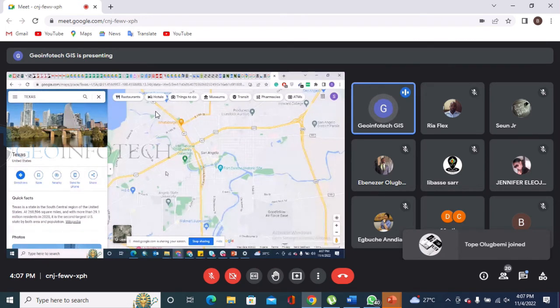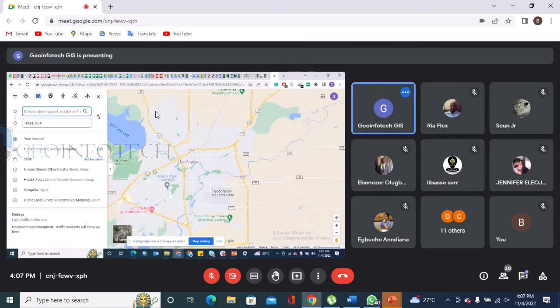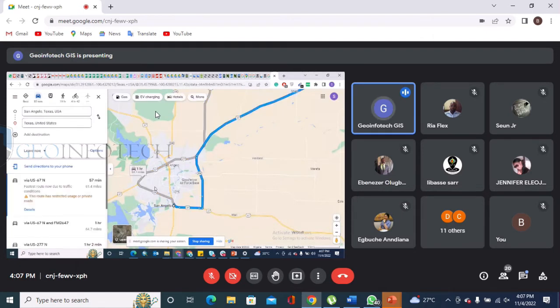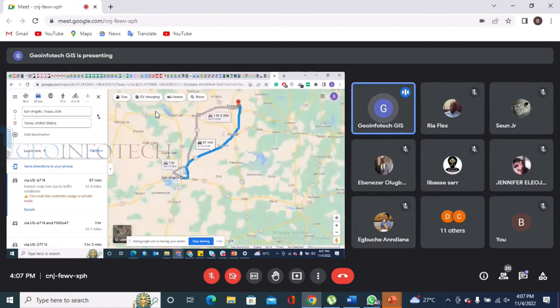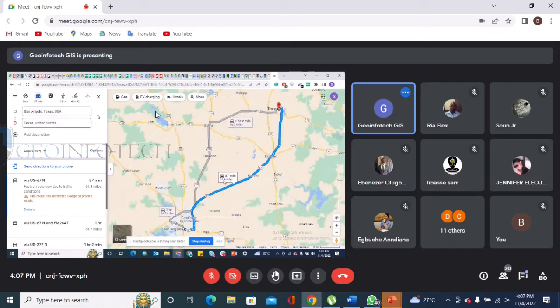Let's say, for example, I want to take direction from this point to this point. Okay, you can see that it's giving me, okay, I think it's taking it from Texas. So that means from Texas to San Diego, which is how many miles? Let's see, 60, okay, we have 61.4 miles. Okay. Do you know that my house to Ikeja is actually 24 kilometers, and